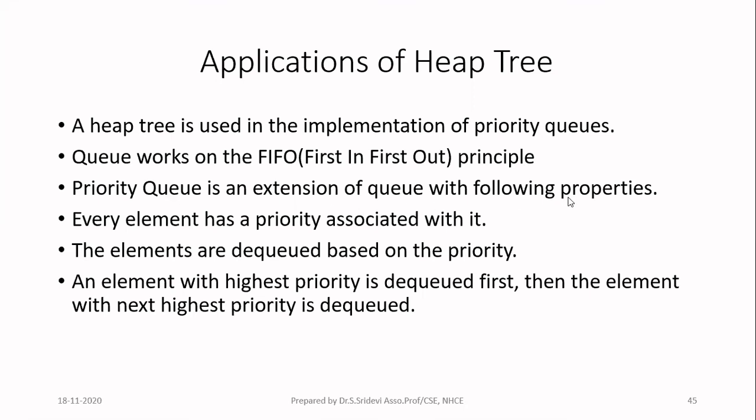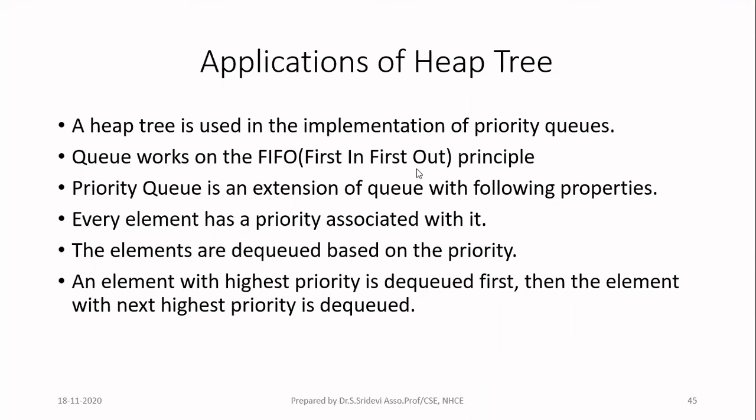It has some property. When you are inserting any element into the priority queue, every element will have a priority associated with it. And when you are removing elements from the queue, you have to remove the element according to the priority only. You can't remove any element as such. You have to look at the priority. Whichever has the highest priority should be deleted first from the queue, and then the next highest priority element will be deleted. Likewise, you will be deleting all the elements one by one, irrespective of the order in which they were inserted. The order of insertion may be different, but the order of deletion will be entirely based upon the priority only. So whichever has the highest priority will be removed first.